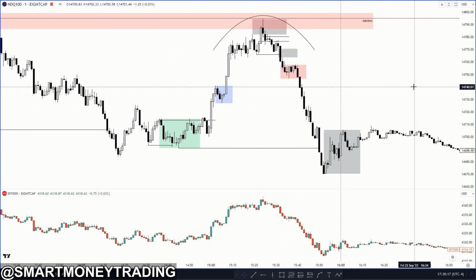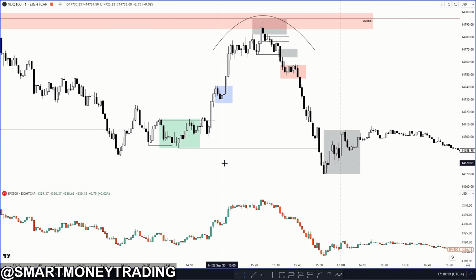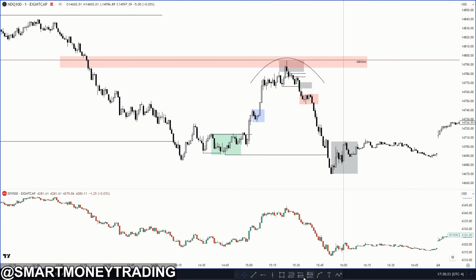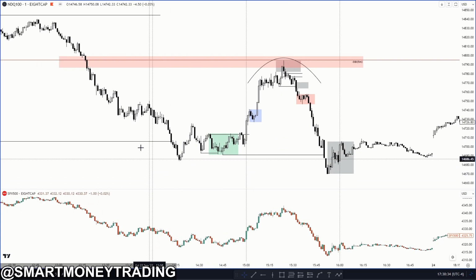So yeah, this is pretty much the market maker sell model on display. Again, the time window for me, I probably wouldn't have taken this trade. Silver bullet would have been over right then and there. So you probably would have been like, whoa, I missed my trade. I wasn't able to take a trade this day because there was no time window, or the time window wasn't